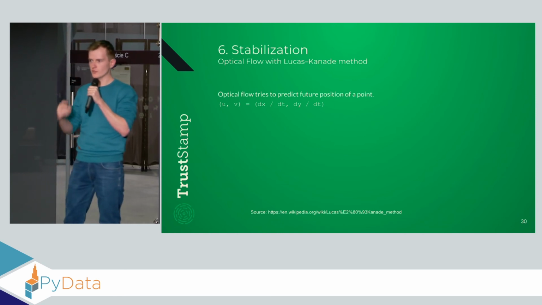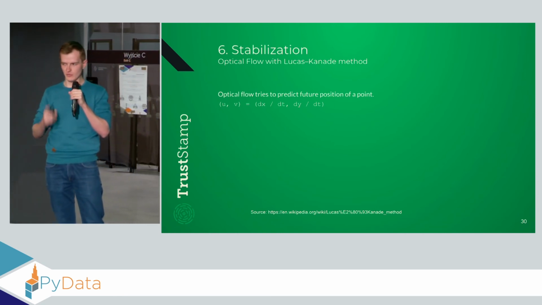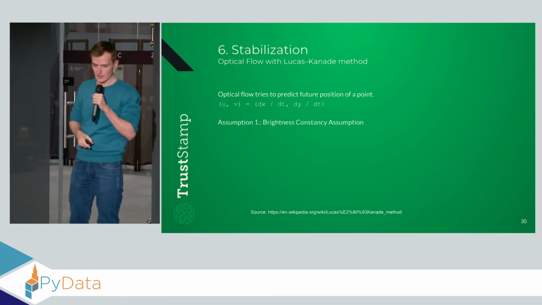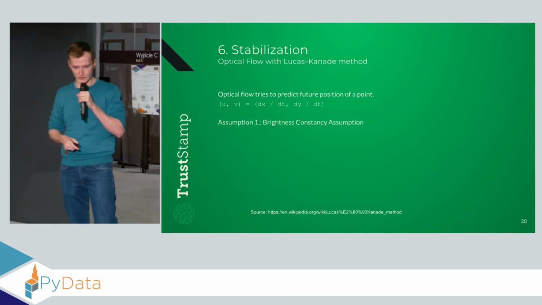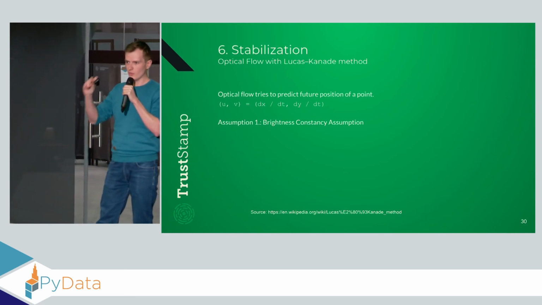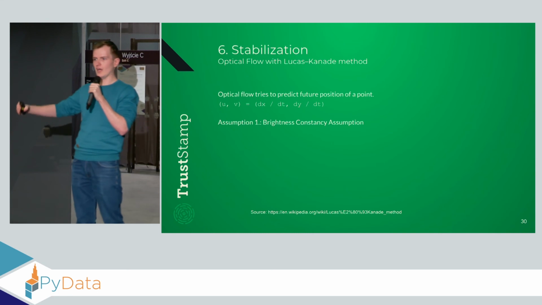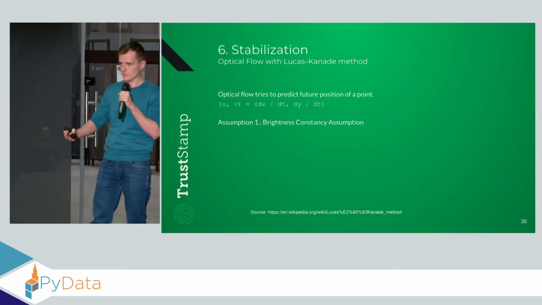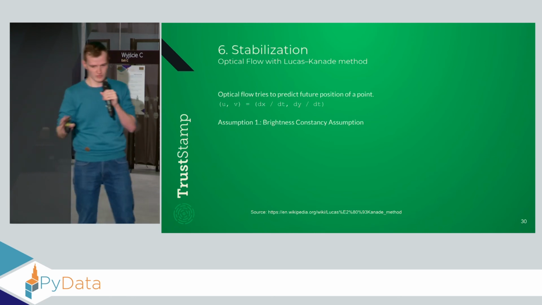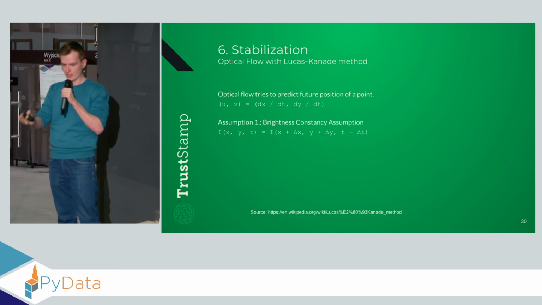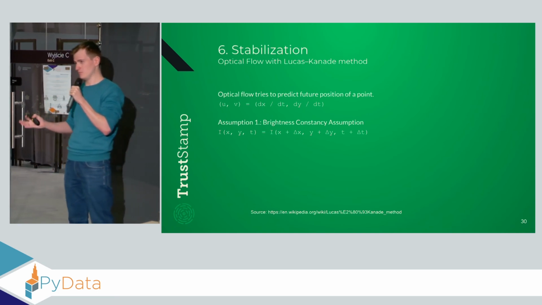It's unsolvable because we have two unknowns, u and v, and we have only one equation. So we need some assumptions to make it work. The first assumption is the brightness constancy assumption. It basically means that the same point in every frame has the same brightness, which actually makes sense because more or less that's true. It's still an assumption, so it can be weak. Why not? And that equation says that, but it actually didn't get